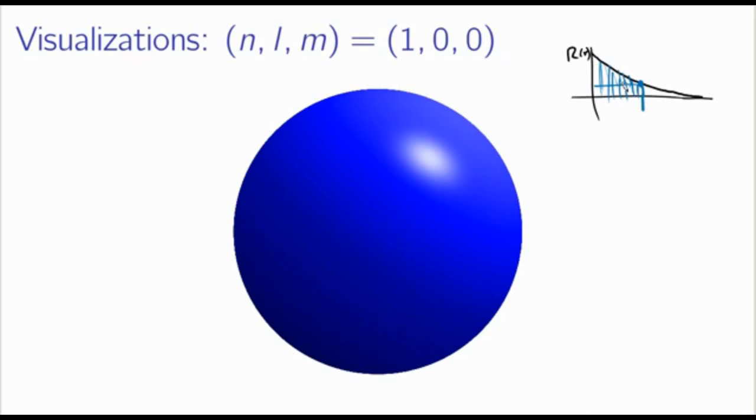So if this was boring, let's find out what happens if we look at n2, 0, 0, or NLM is 2, 0, 0. Well, that one's kind of boring as well. It's not quite as boring, though. It's just difficult to see in this. If we sliced this in half, there would actually be a region where the particle is unlikely to be found